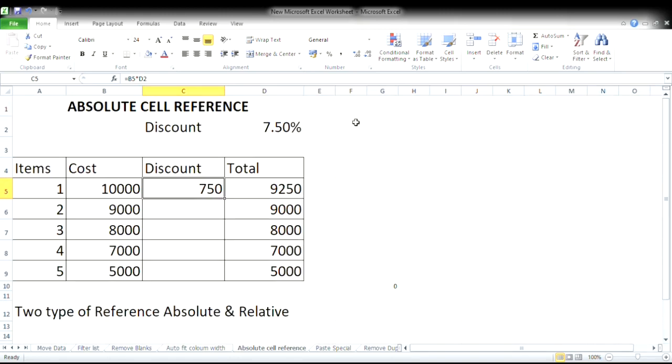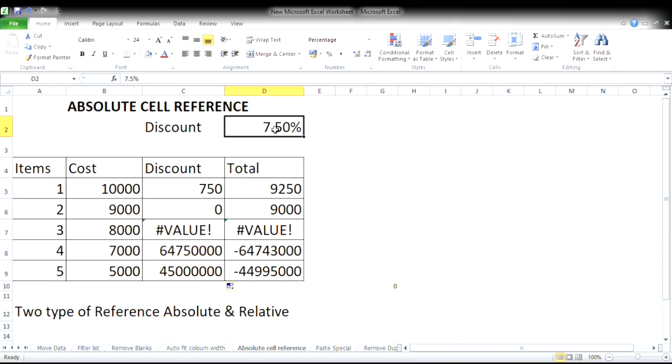Now, there are two kinds of references. If we want to calculate any discount or any interest, how will we calculate? By using formulas. Just put equals to and the formula, like this formula is already put in. Now if we drag the formula down the whole column, it will look like this. Why? Because we want to freeze the rate, then it will be the perfect formula.